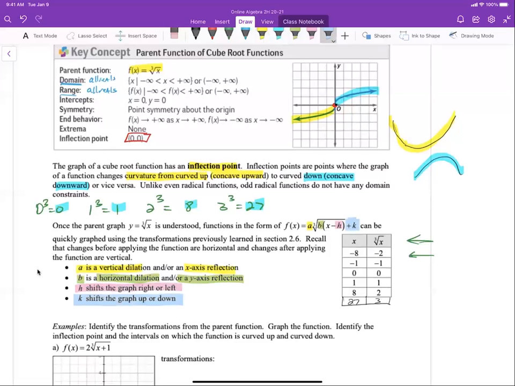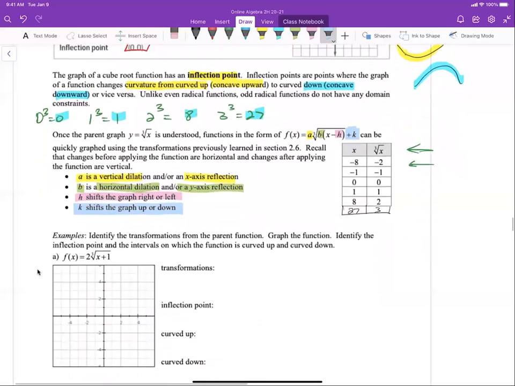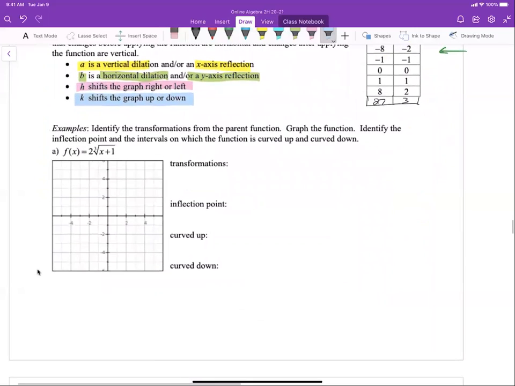Okay, so we're going to use this again and apply it to our new parent function that we're learning, which is the cubed root. All right. Identify the transformation from the parent function and graph the parent function. We have to identify the transformation, we have to graph, and then we don't have to identify domain and range because it's all reals. But we do have to identify the inflection point and the intervals on which it's curved up and curved down. So we have a couple things we have to do. So the first thing we need to do is identify the transformation. So I have this 2, it is outside, so it is vertical dilation